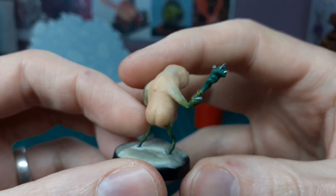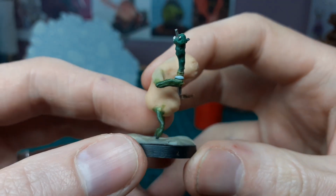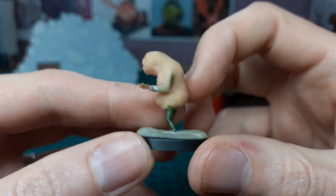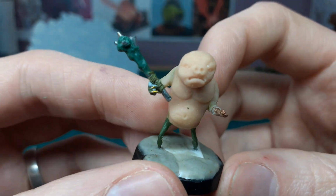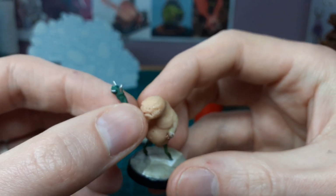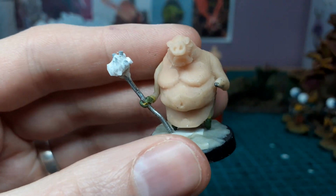These guys are going to get some minimal armor, I think. There's his bum. Of course I have to give him a bum. Maybe some loincloth type idea, some little hooves and some curly tails and little ears as well. And just paint them up for a bit of fun. They can be just thugs or low level monsters. So that's him. He's the skinnier guy, and then this guy's the big chunky